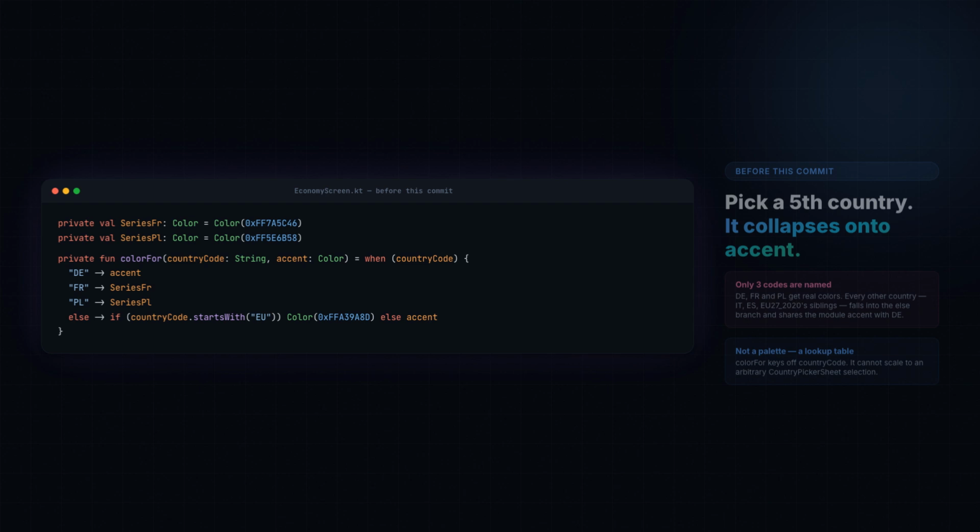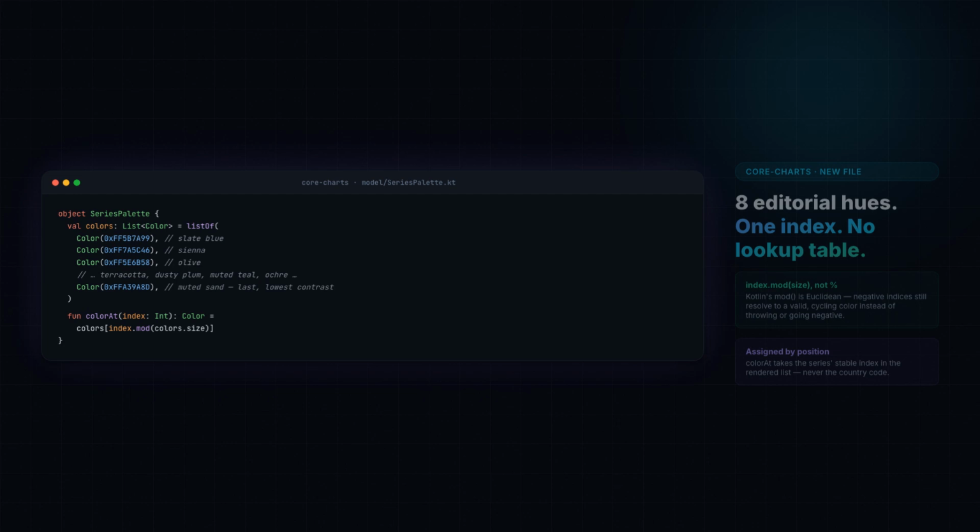The country picker sheet lets you select any combination of Eurostat country codes, but this function only has real answers for 3 of them. Any other selection collapses onto the same color as Germany. This is not a palette, it is a lookup table sized for a 3-country demo, not for a real comparison feature. The fix lives in a brand new file in core charts model,